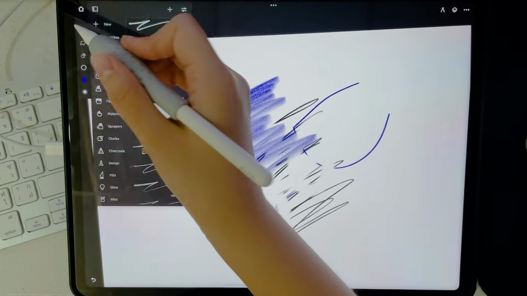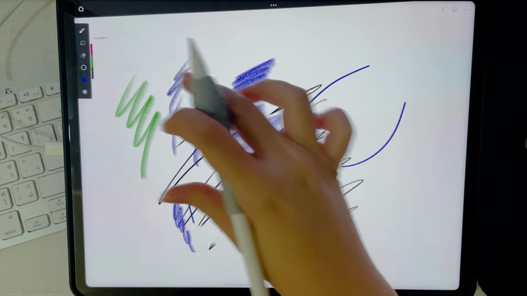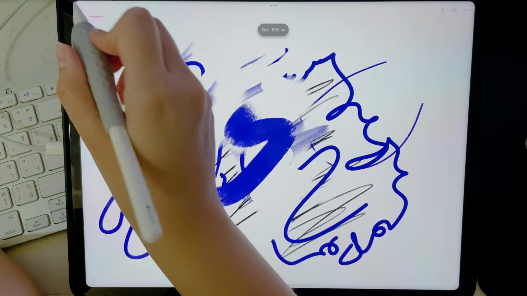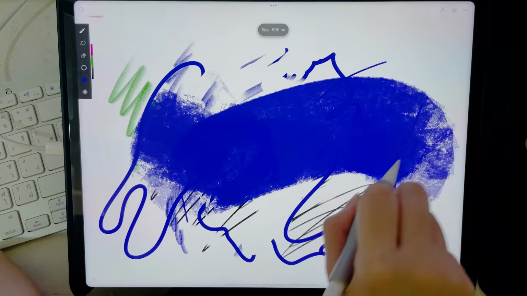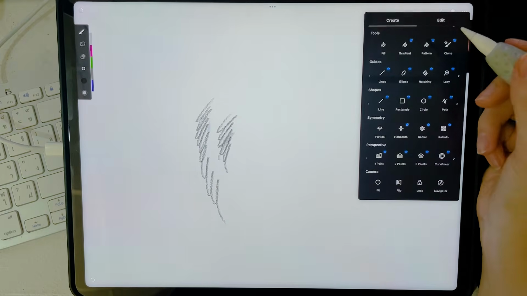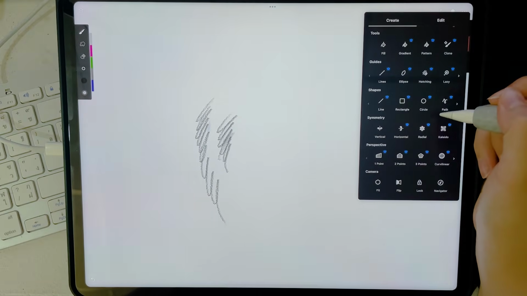Okay, do they have a hard round? Do you have the basic hard round? Our favorite, greatest of all time, hard round. Okay, so depending, some brushes can be big, some brushes can't be. But let's see here. So many tools. Gradients, patterns, clones, line, liquify.